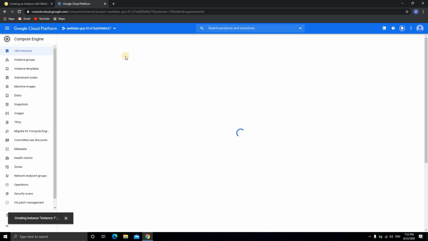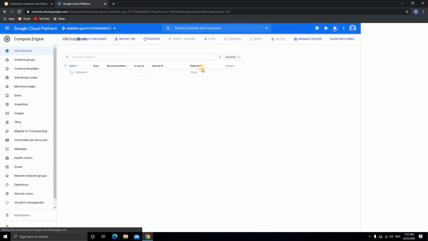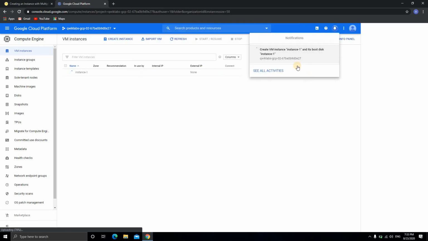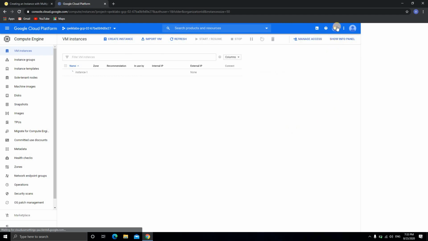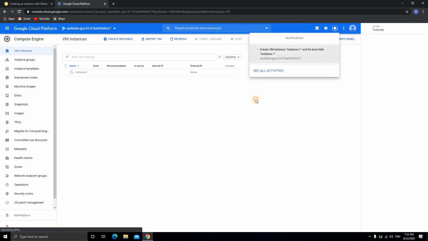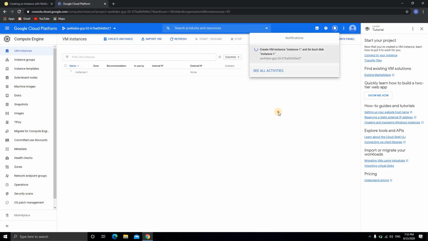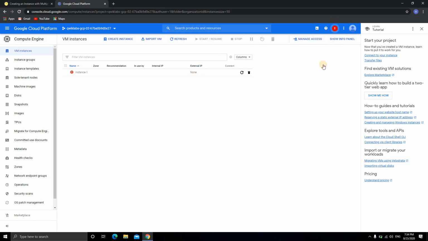And guys, nothing. You need to wait at least 1 minute for this RDP to be created. Sometimes it may be created in less than 1 minute, or the maximum time it will take is 1 minute. So as soon as the RDP is created, I don't know why it happened.